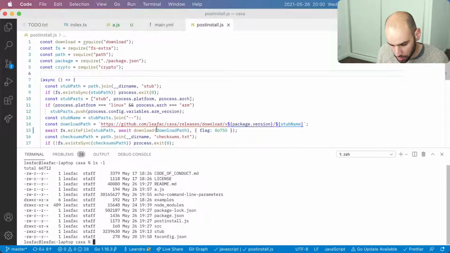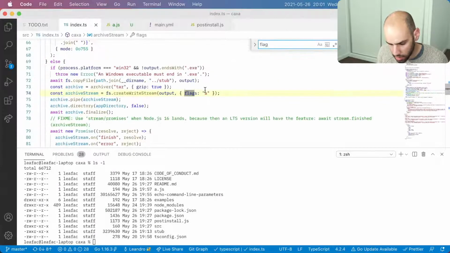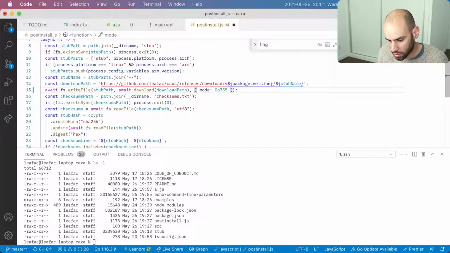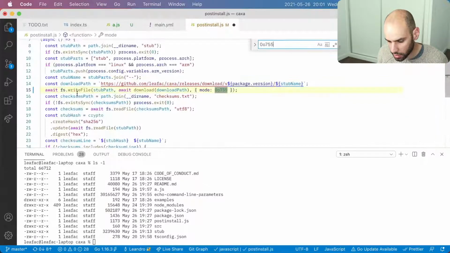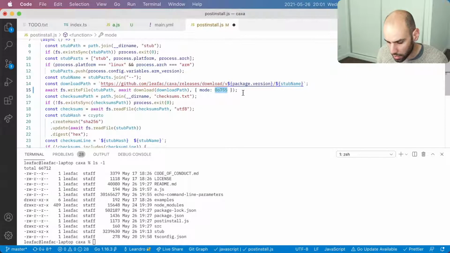I think this will put the right flag in the right place. Yep. I think we have something similar to this here somewhere. Oh, this is a flag to append. Oh, this should not be flag. It should be mode. Do we have mode somewhere? Yes, we do. So we have exactly the same string here, because we had exactly the same problem in this situation. I remember having had that problem.